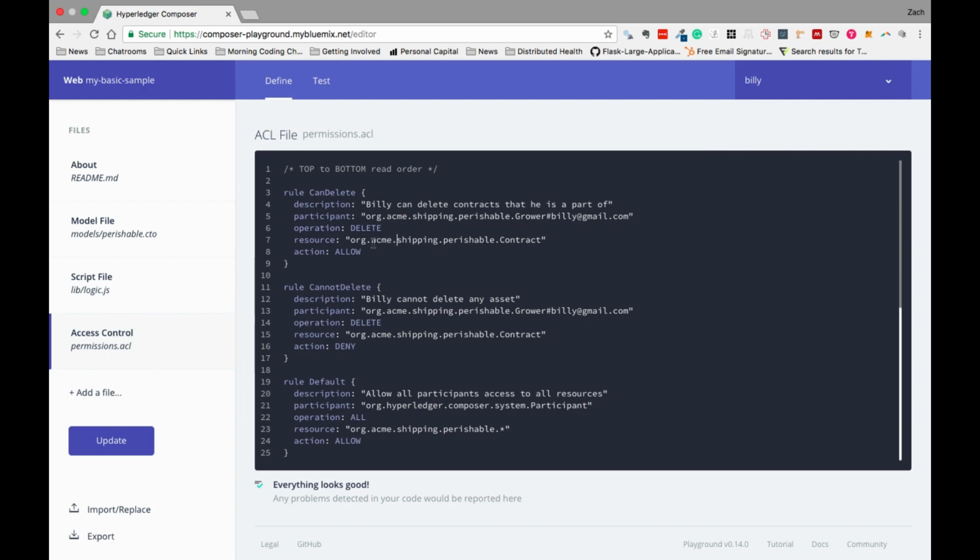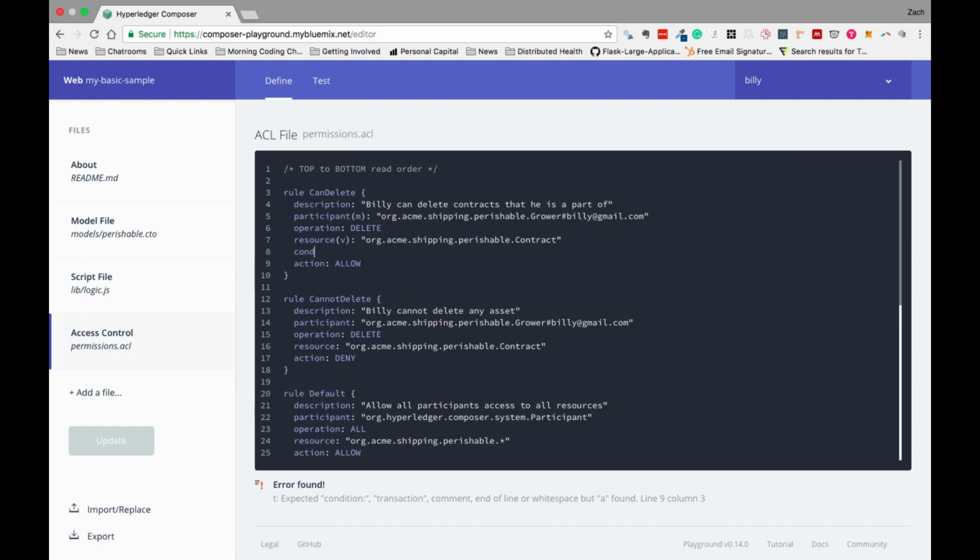But if we want to do a conditional on this, let's create a variable for Billy as a participant. We'll call it M. And you just put this at the end of this line before the colon in parentheses, and then for the resource we'll call it V. And then after the resource field, we'll add another field called condition. And we'll say the condition is